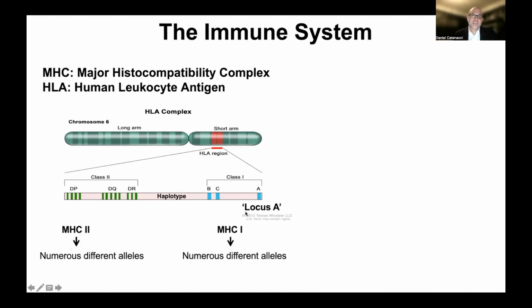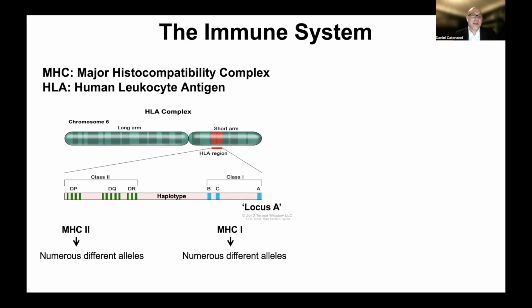And you can see that there are different subsets of class 1. There's locus A, there's locus B, there's locus C. This is a little bit simplistic. There's actually others. And then there's different loci for the class 2, shown here. And in contrast to how we get such diversity of the T cell receptor, where there's rearrangement of the gene and exclusion of all the extra components and selection amongst a lot of different choices